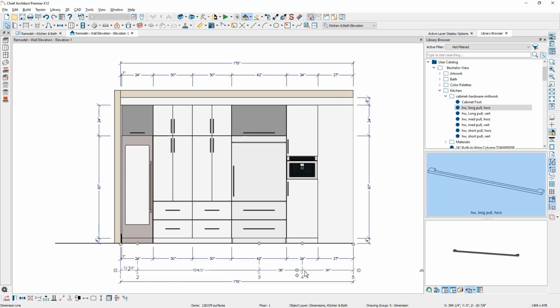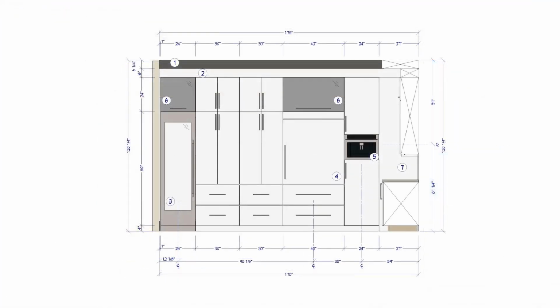You can click on these dimensions, maybe this extension line, and pull these up. If you turn on your crosshairs, I have a hotkey to toggle that on and off pretty quickly. You could use this to align your center lines in here and then clean it up a little bit. If you take a look at my finished wall elevation, you can see that I've added a few more dimensions in here and some note callouts.